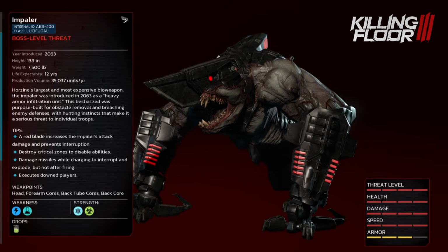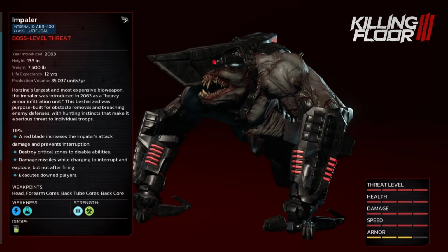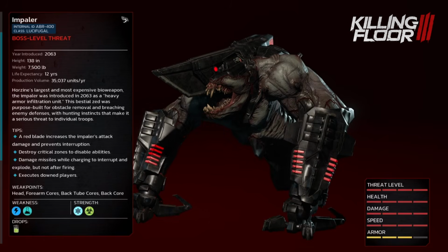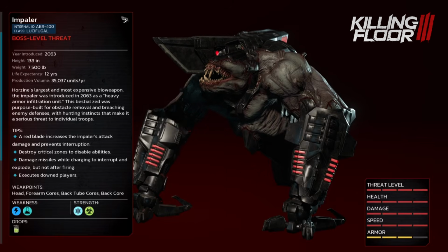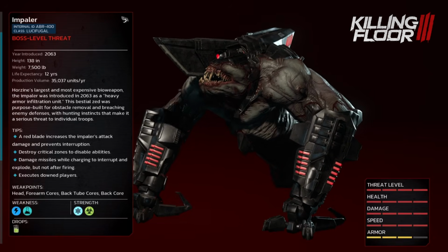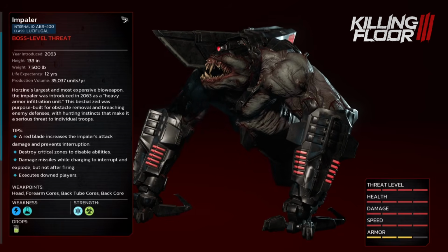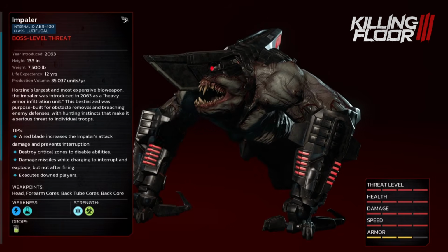This is the Impaler, the crown jewel of Horzine's bio-arsenal and a boss-level threat. Introduced in 2063 as a heavy armor infiltration unit, this Lucifugal-class beast was designed for one thing: total structural breach. At 11.5 feet tall and weighing 7,500 pounds, the Impaler is a literal mountain of muscle and machinery. With a 12-year life expectancy and a limited production run, it is the most expensive and durable weapon Horzine has